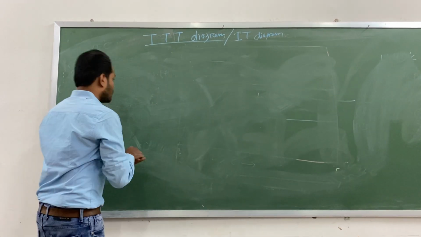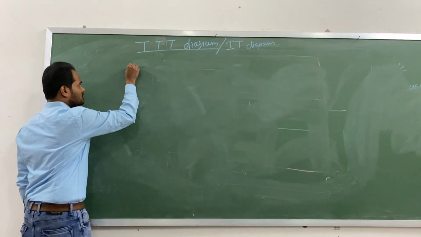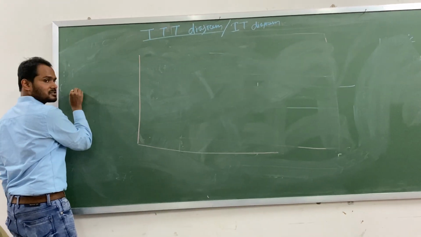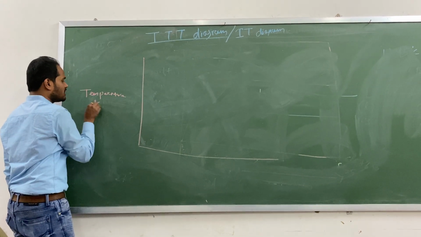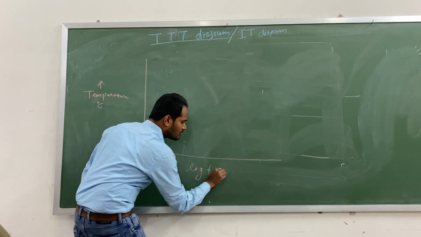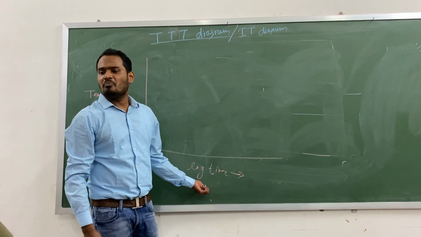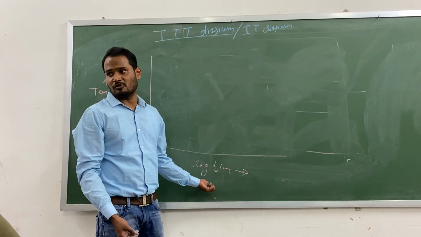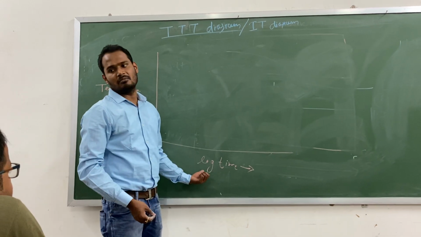Okay. So I am drawing here. You understand, the y-axis and x-axis. The y-axis will have temperature in degrees centigrade, and here we take log time. We take log because we can show bigger values and very small values: some fractions of seconds we can see, and also a very big value, some hours like that. So we are taking log time.